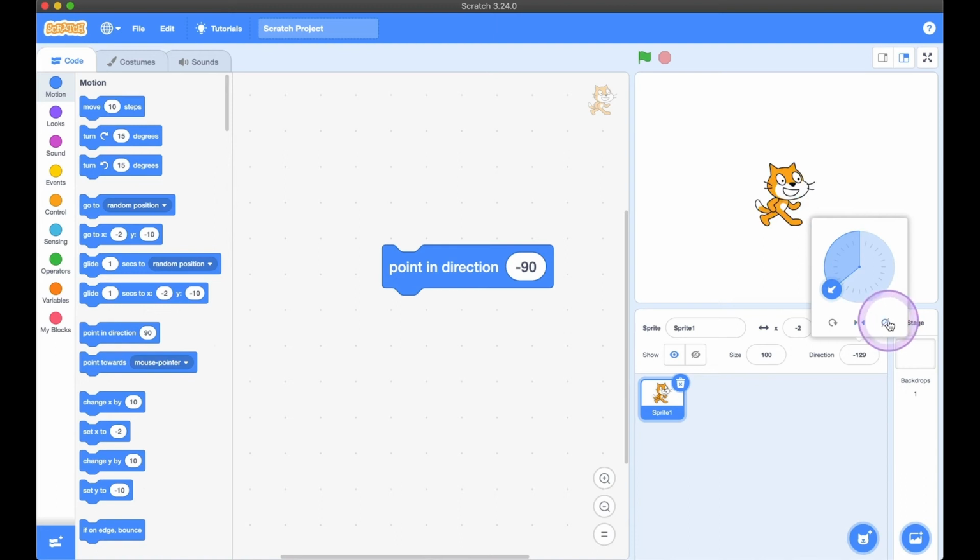And when we click on do not rotate, it doesn't rotate at all. So what this does is set the appearance to not be rotated. This means it's only affecting the outer look of the cat, but not its point and direction. So when we make it go 50 steps,